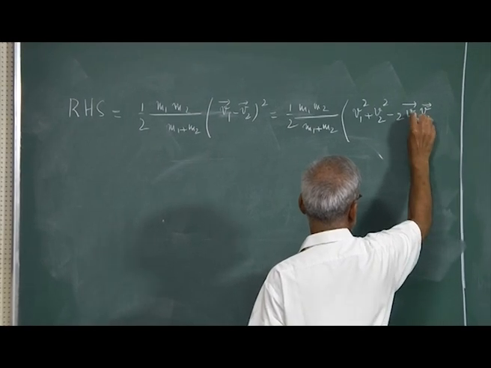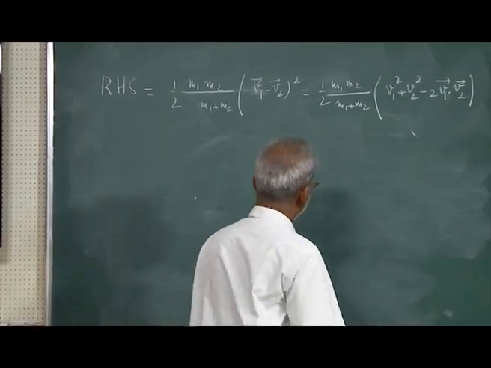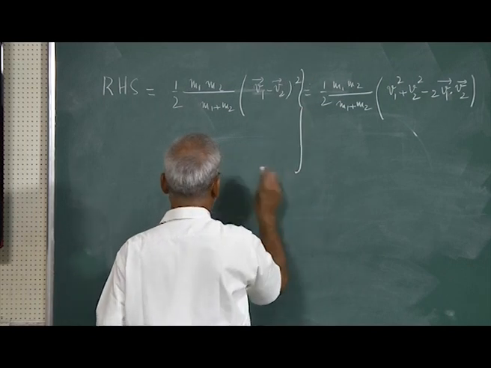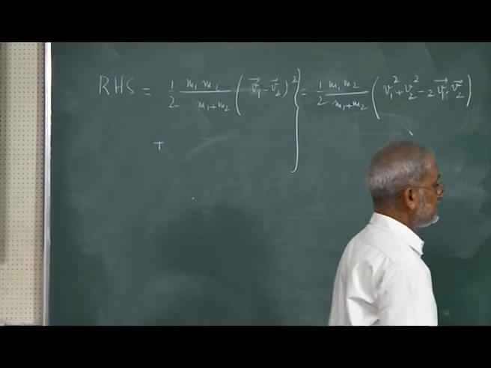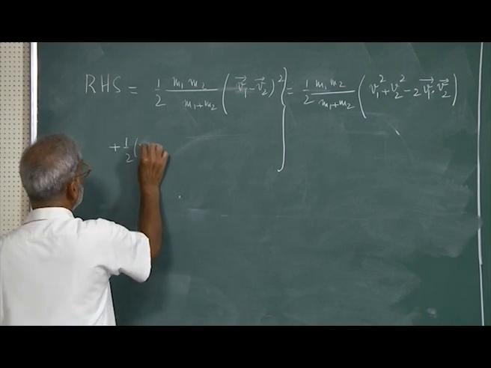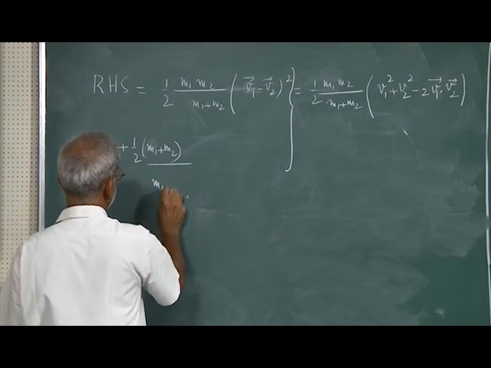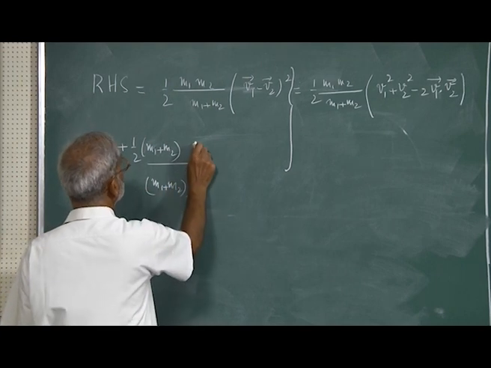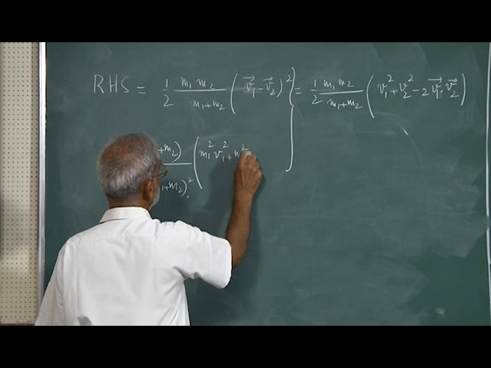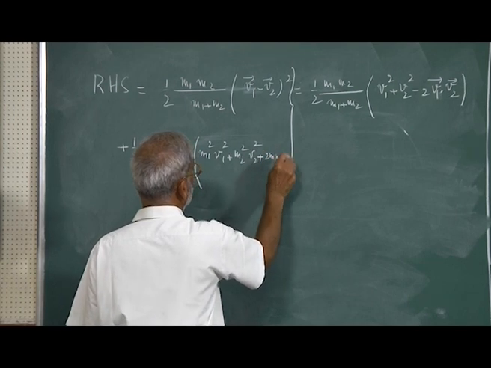This dot is very important because these are two vectors, so there is a dot product involved when you take a square, whereas here they become simply scalars, okay. Oh sorry, this is one half of the expression, the other half is the expression I have written. I will write it as plus half of m1 plus m2 times the quantity over there, in the denominator I will have m1 plus m2 the whole squared, times m1 squared v1 squared plus m2 squared v2 squared